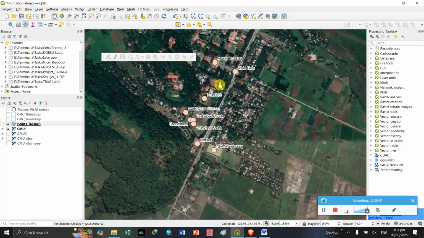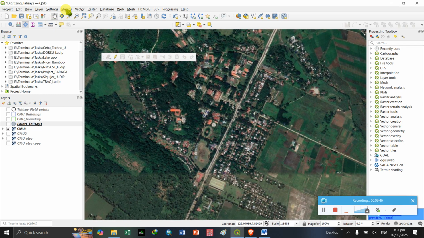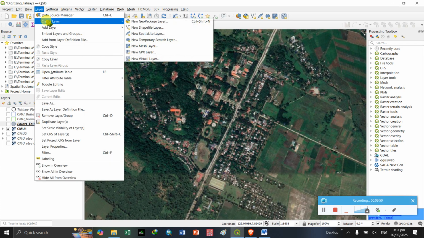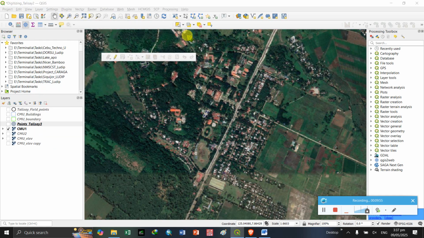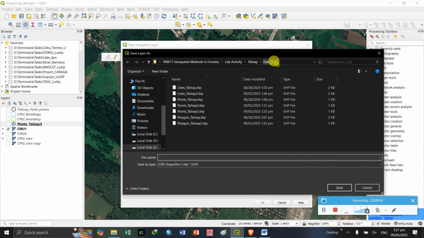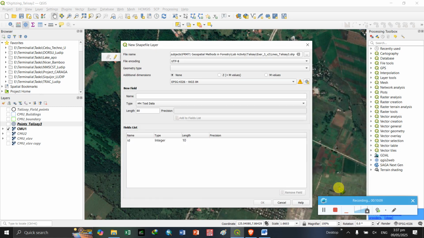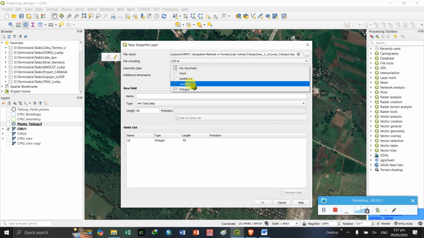and many others. So to create a line feature or line vector data, go to layer, create layer. This is actually the same process in creating points, and then save to the created folder and name it with lines underscore your last name, and then click save, and then set the geometry type to line string.